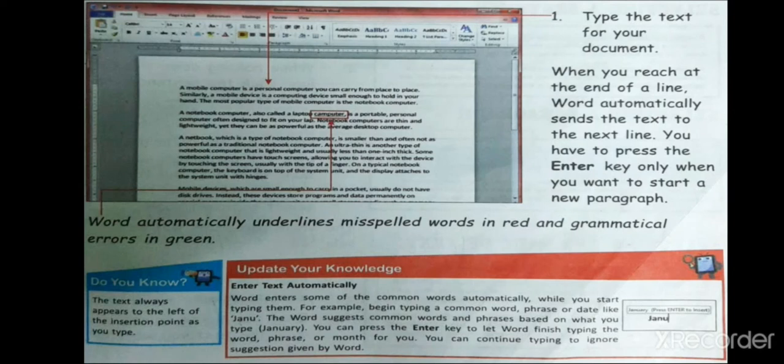Now if we start typing January and we have just written Janu, Word will suggest us options such as January. Now we can press enter to let Word finish typing the word, phrase or month for us. If we press the enter key, Word will automatically enter that word. And if we continue typing, we will ignore that suggestion.